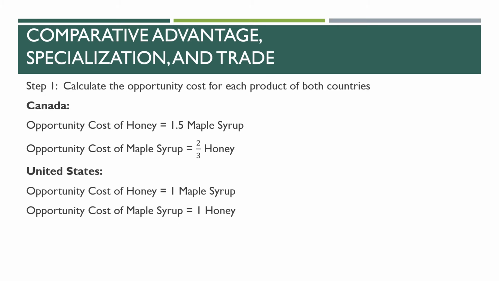On the other hand, the United States has a 1-to-1 ratio where to produce 1 additional unit of honey, they have to give up 1 unit of maple syrup production. And the same for maple syrup production, they have to give up exactly 1 unit of honey. Once we calculate the opportunity cost for producing the two products in both countries, then we can move into